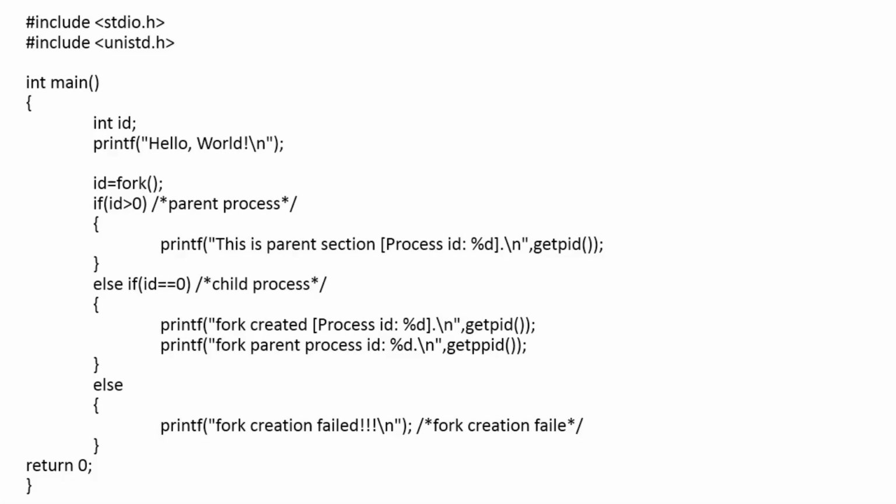and terminate the program. We are calling the fork function here to create the child process, and the fork function returns ids. If the id is greater than 0, that is for the parent. If the id is equal to 0, that is for the child process. If the id is negative, then the fork failed in creating a child.